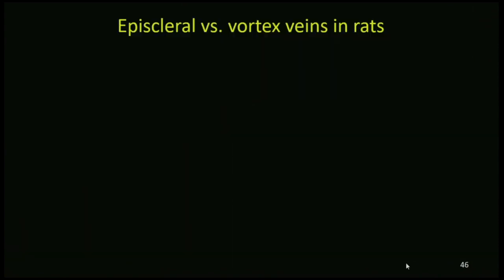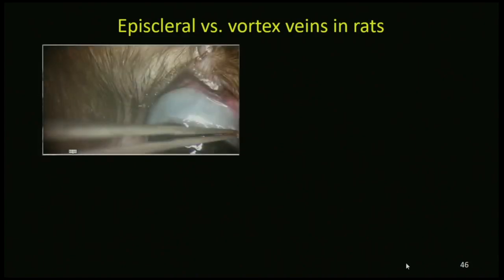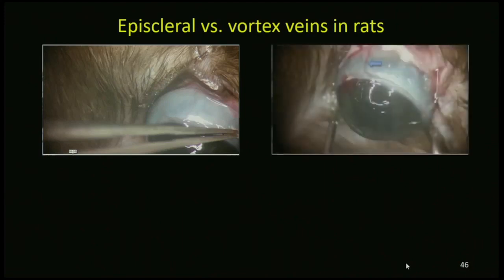So here's the issue of episcleral versus vortex veins in rats. I'm going to show you data from our lab because this is what we work on. So this is a rat eye. We're just holding the conj with an instrument there. And this is a view of the circumlimbal vasculature, which is part of the vasculature that Morrison and colleagues made a casting of. And this is an episcleral vein and artery that's feeding this circumlimbal set of vessels. So that's what we're talking about, at least in rats, when we're talking about episcleral vessels.